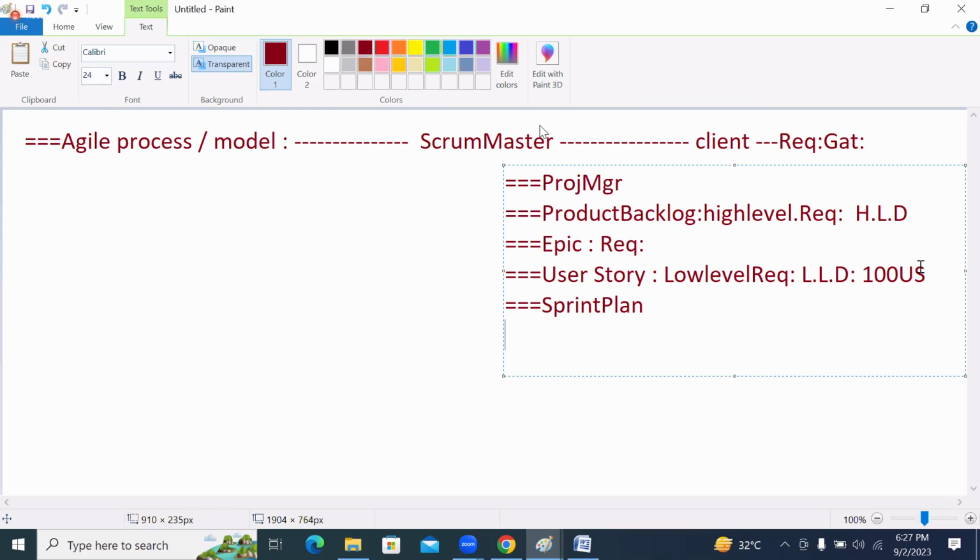So that is how you get the sprint plan. First, I get the list of user stories. Once I have the list, in the list of 100 user stories, which user stories need to be worked on first? What is that particular